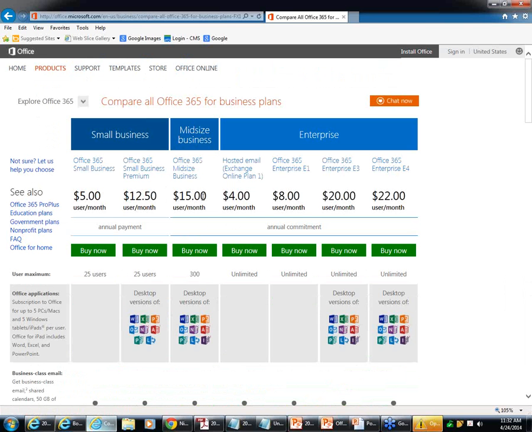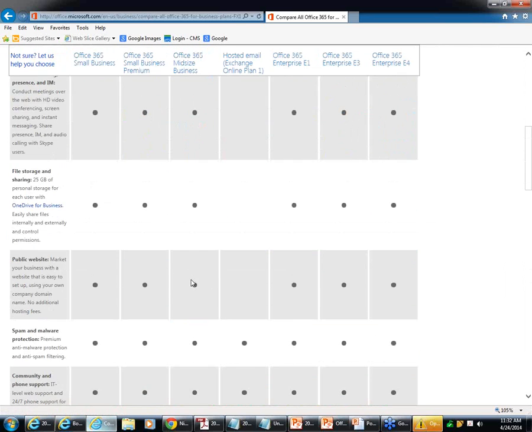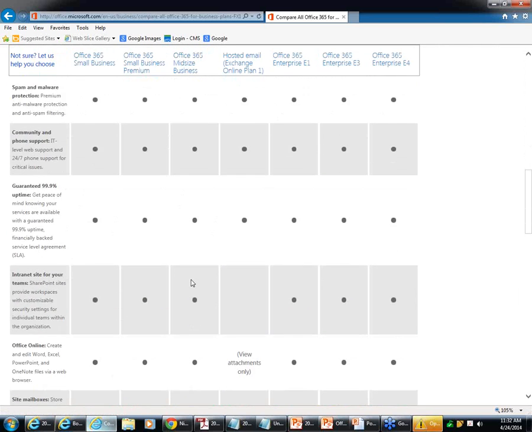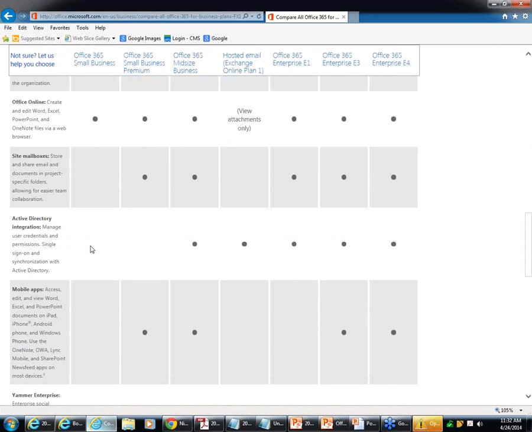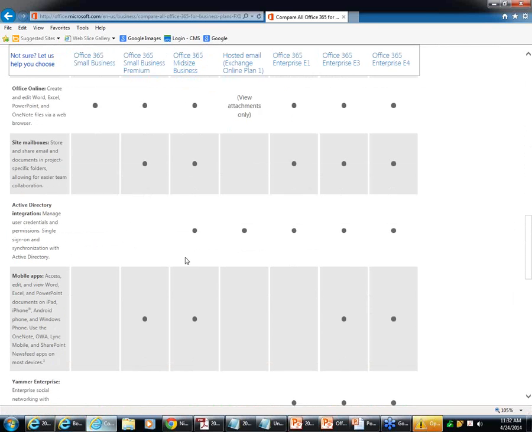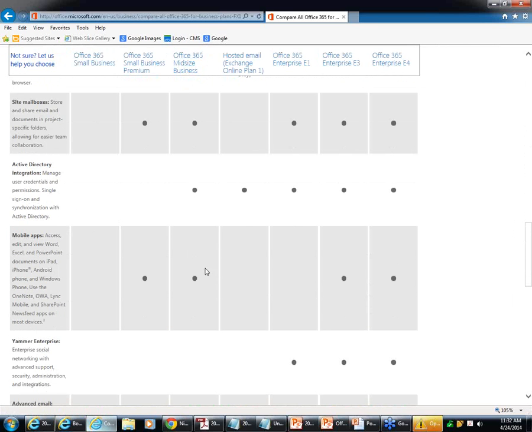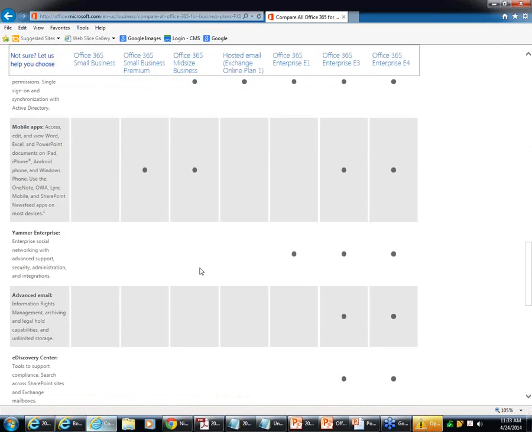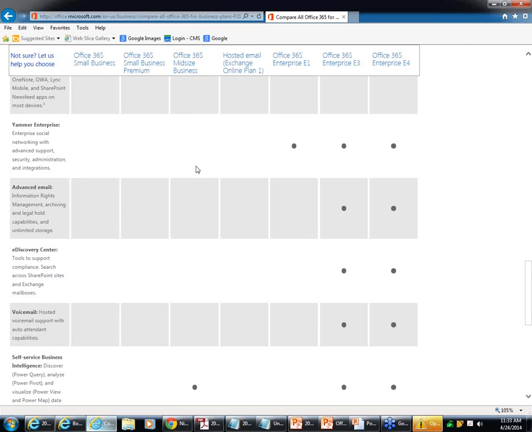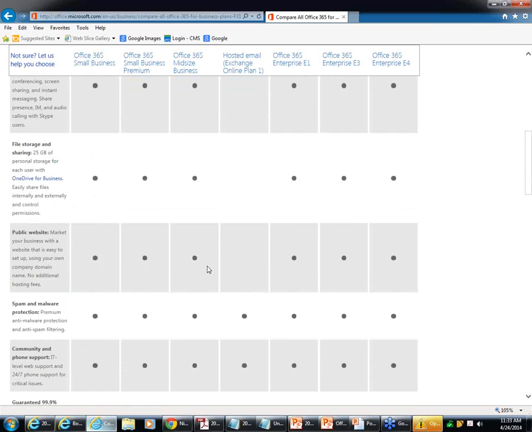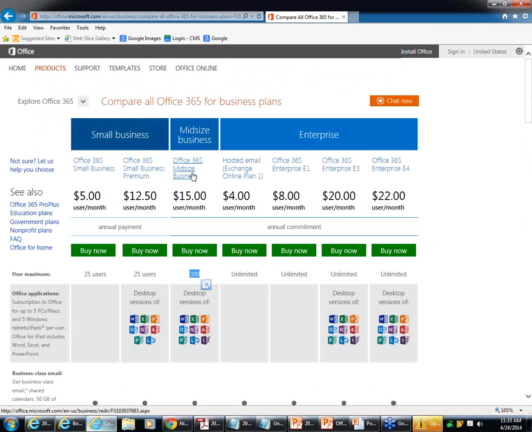Now, if you go to the $15 a month version, you have up to 300 people, which will benefit bigger businesses, obviously. And you'll see that as we go down, where there wasn't a dot for the small business, now there is a dot for it. The mid-sized business version does support Active Directory integration. It supports mobile apps. It is lacking, though, in social networking, advanced email, and so forth. All right, so not surprising, because that is not the high-end version.